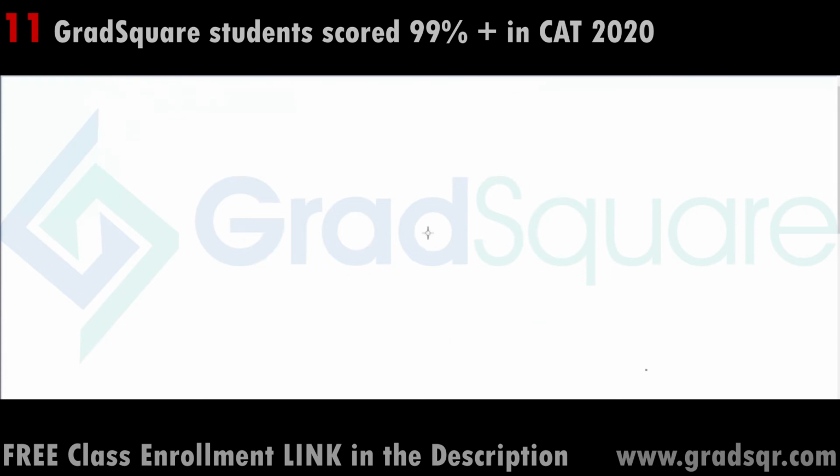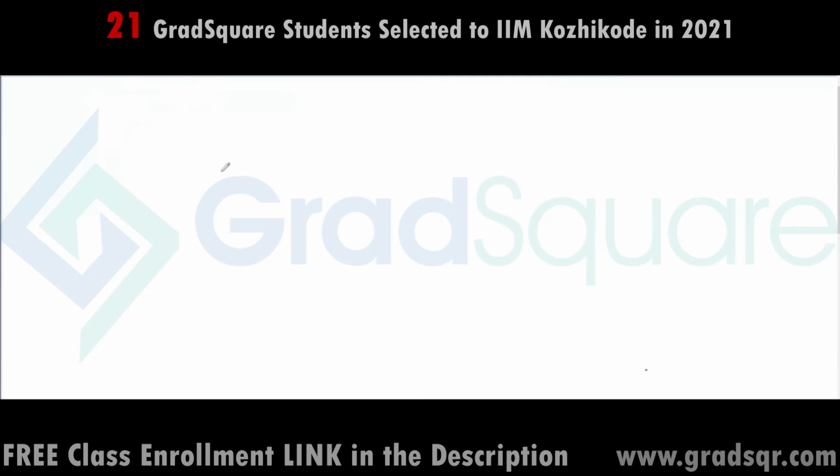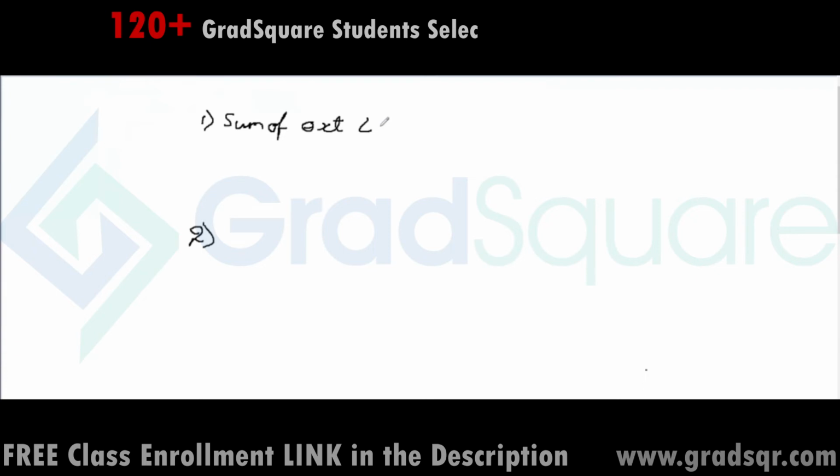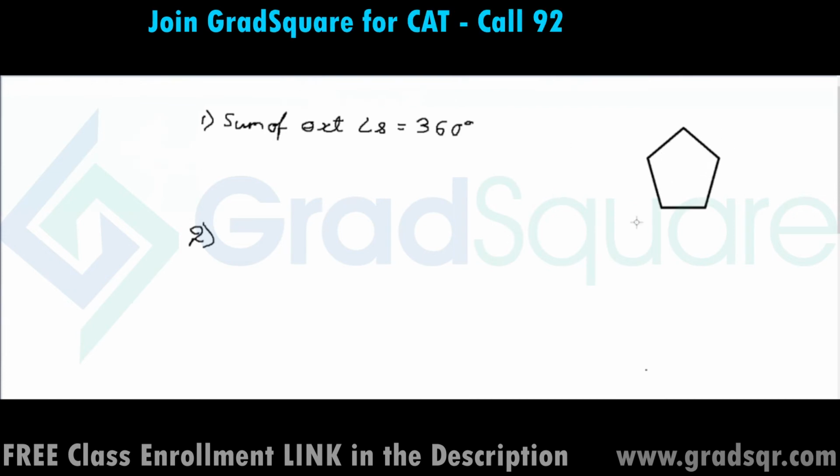Okay, moving on. If you look at polygons, it's one of the simplest parts of the syllabus. So I'd say that there are only two fundamental properties of polygons that we all have to remember. The first property is, of course, the sum of exterior angles. The sum of exterior angles of a polygon is equal to 360 degrees. Right. Now the question is, what do I mean by sum of exterior angles?